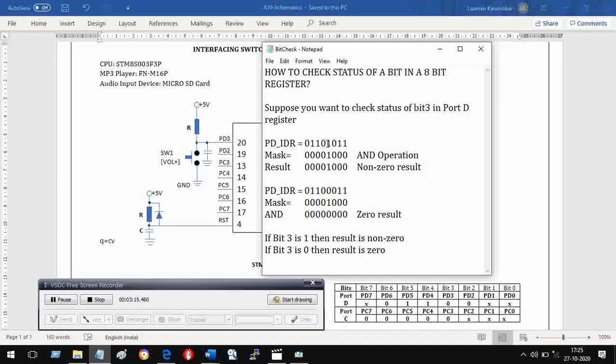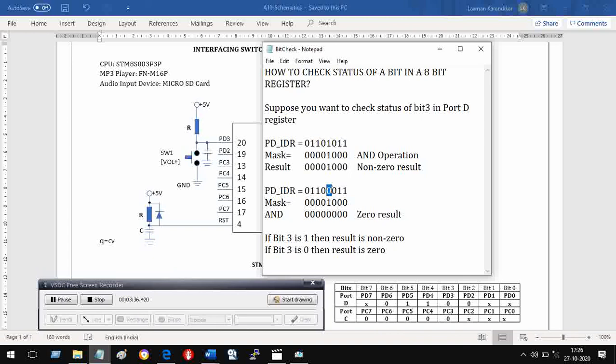If this is 1, then the result will be 1, non-zero. All the other bits are ANDed with 0, so the result will not be affected by any bit other than this bit. If this bit is 1, then I see a non-zero result. But suppose this bit were 0, I have reproduced it here.